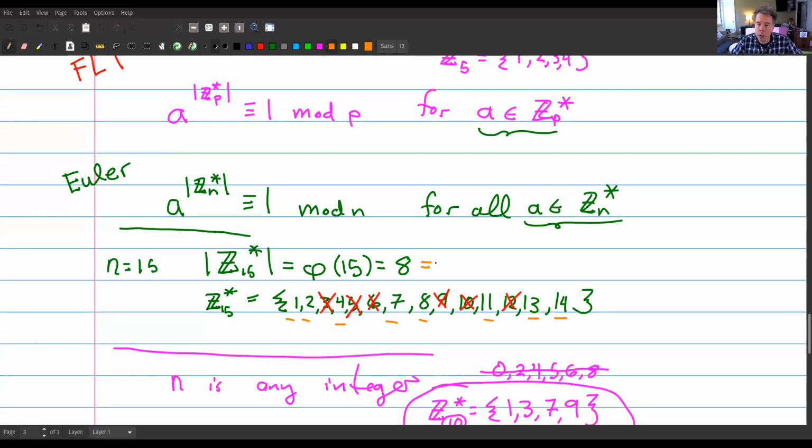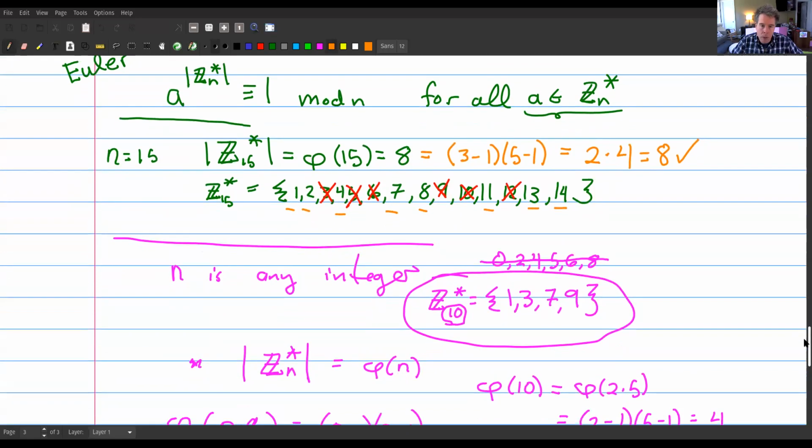Another way to do this is to use the formula, because 15 is 3 times 5 and they're both prime. So this is also 3 minus 1 times 5 minus 1, which is 2 times 4, which is 8. Okay. All right. So now let's